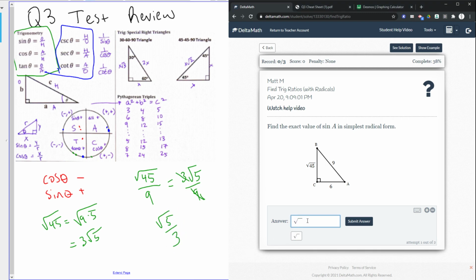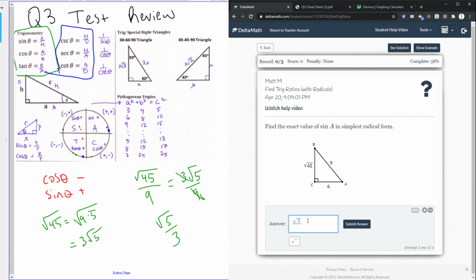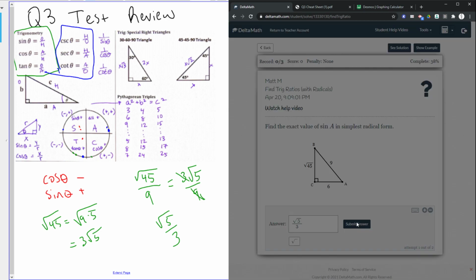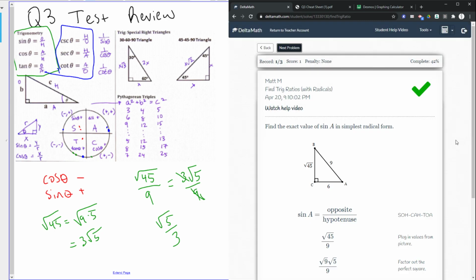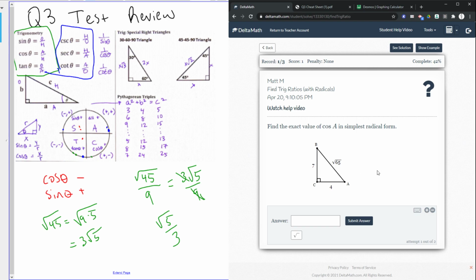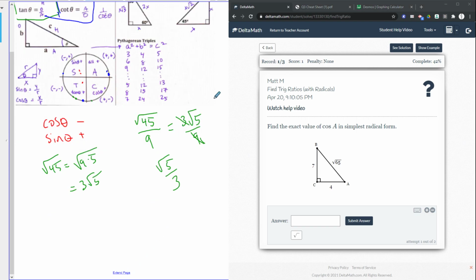Root 5 over 3. Yay, we did it right. Cosine of A, simplest radical form. So cosine, adjacent over hypotenuse. So we need adjacent 4 over hypotenuse, root 65. And there we are with the